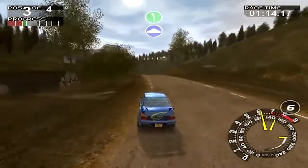I have to really sit down when I have a little bit of time and spend an hour or two playing it. Really looking forward to it. Rally Sport Challenge. The next game I picked up is one that I'd sort of had my eye out for a while,